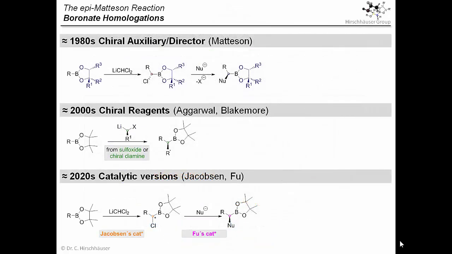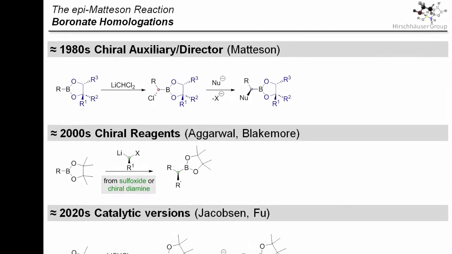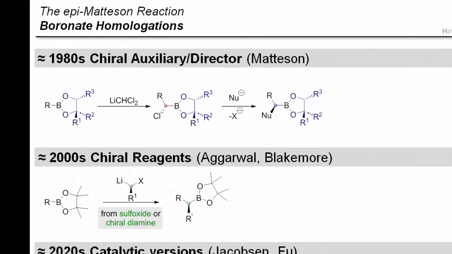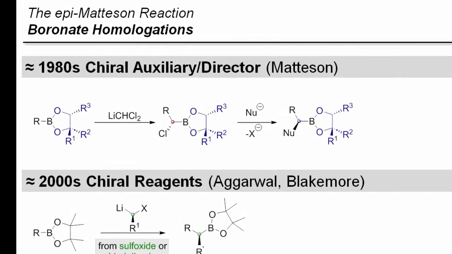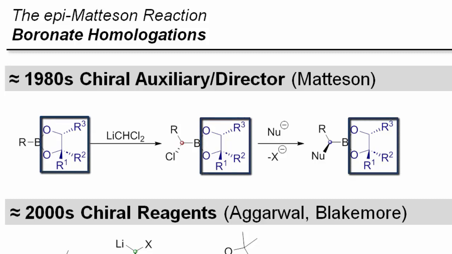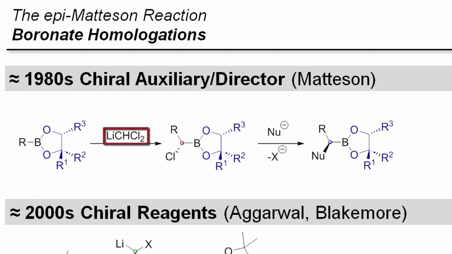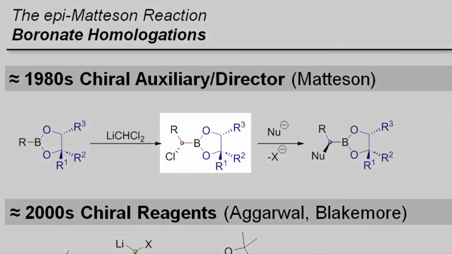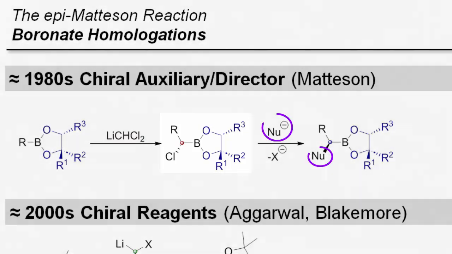Before we go into further detail, let's have a quick recap of boronate homologation chemistry. This super versatile class of reaction provides great tools for the synthesis of complex chiral molecules. And the last 40-something years have seen quite a lot of development. During this time, three principal approaches have been developed. The original Matheson homologation, as we just saw, relies on a chiral auxiliary to direct the insertion of lithiated dihalomethanes stereoselectively, generating alpha-haloboronic esters. Subsequent substitution can be conducted with carbon, nitrogen or oxygen nucleophiles and proceeds under inversion of